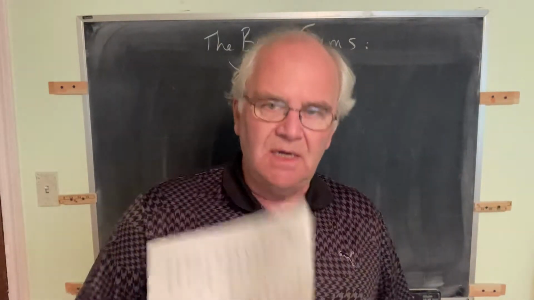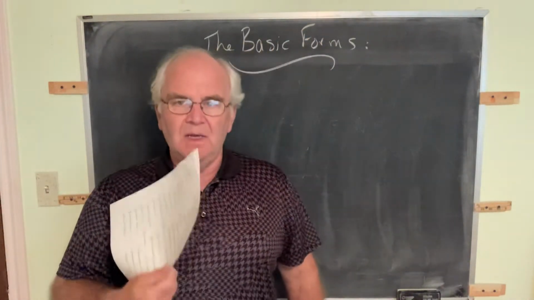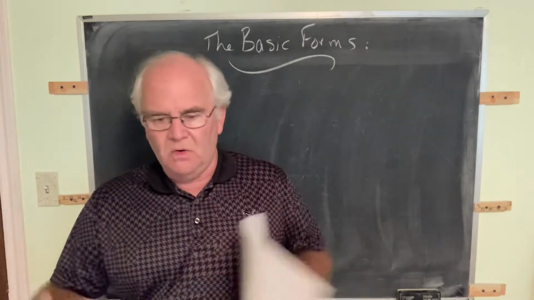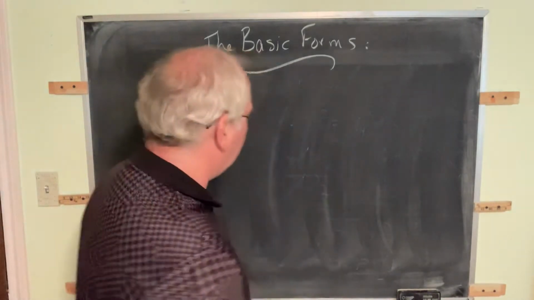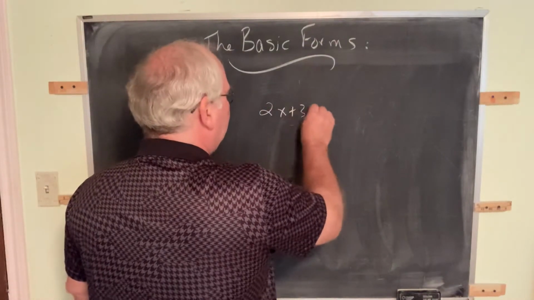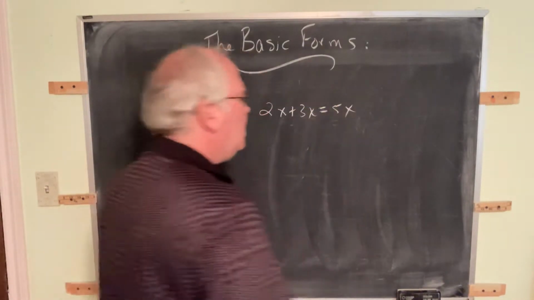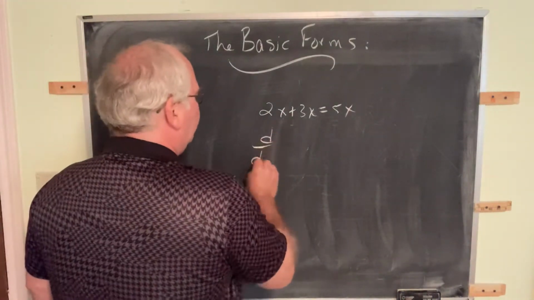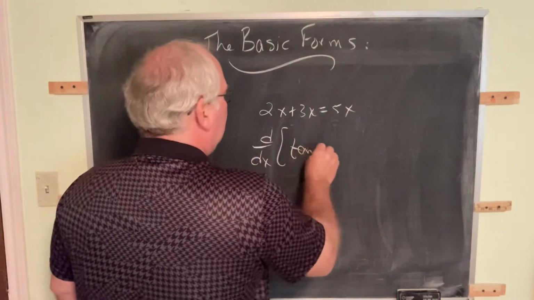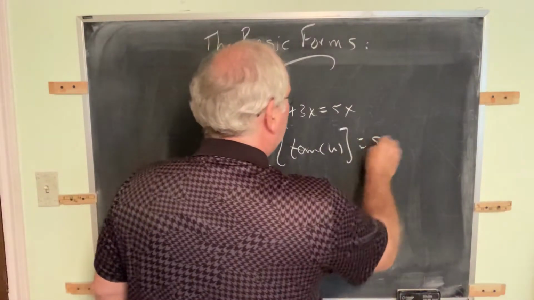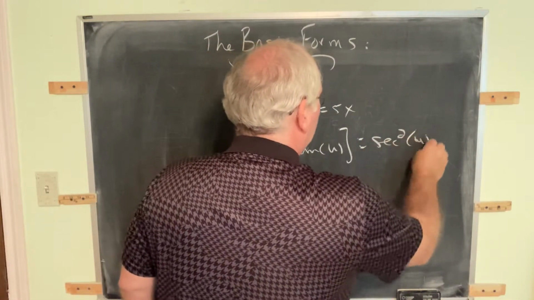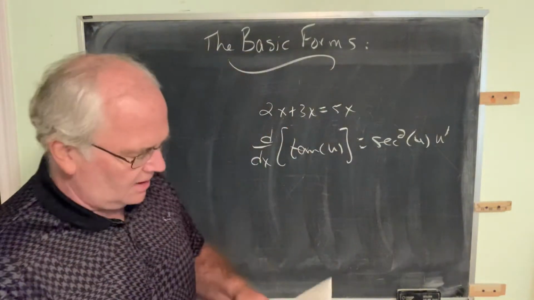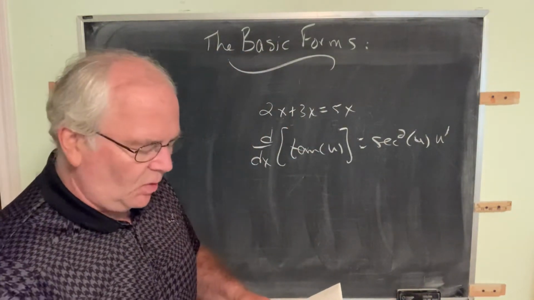But these need to be in your mind. You need to know these as well as you know that 2x plus 3x is 5x. As well as you know that, you need to know that the derivative with respect to x of tangent of u is secant squared of u times u prime. Now, all of these derivative forms, that would be numbers 1 through 18,